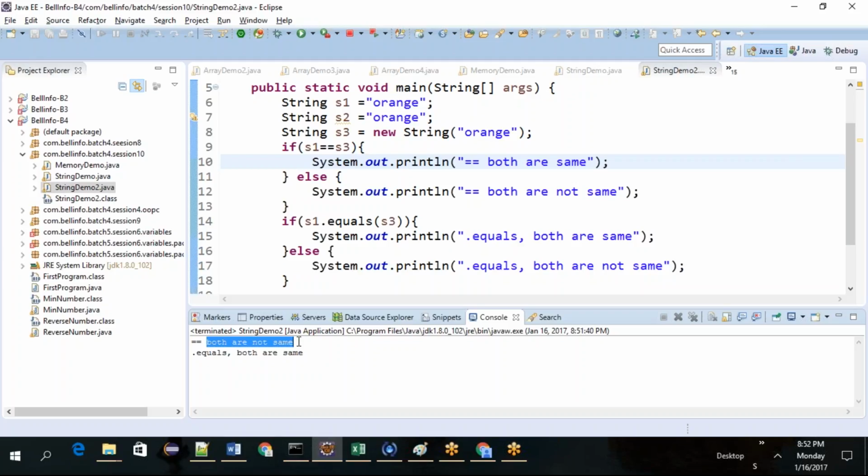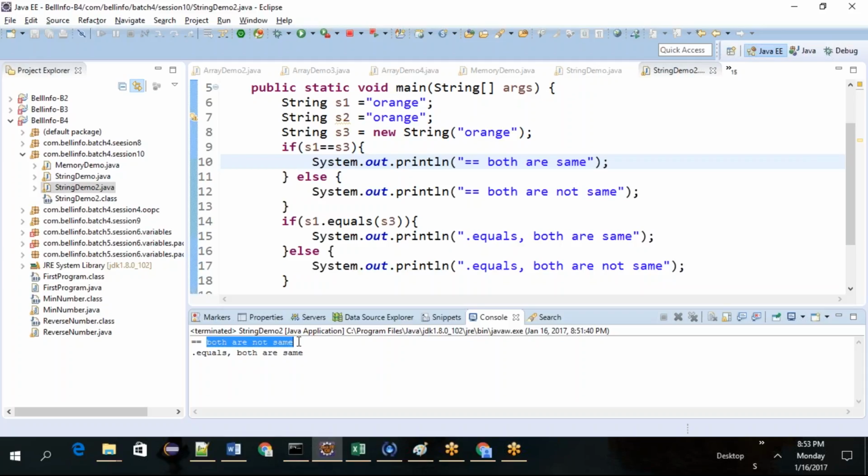Okay, remember that. So if s1 double equals to s2 will be true, because both are pointing to the same object, same reference variable, because they are inside the string pool. But when you use new keyword, it will be created outside the pool. That is the important concept that you need to remember. When you go for a face-to-face interview, this is one question they will ask all the time.